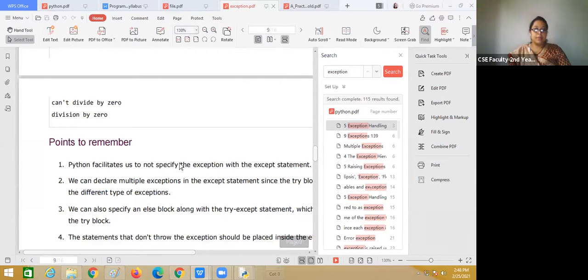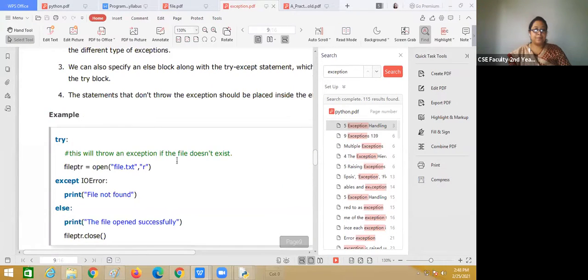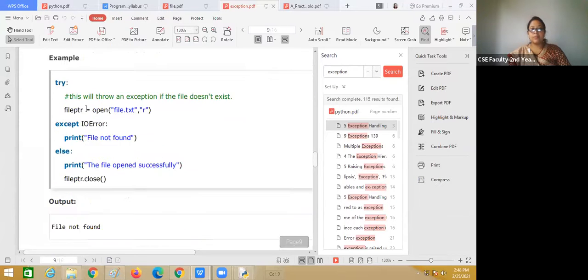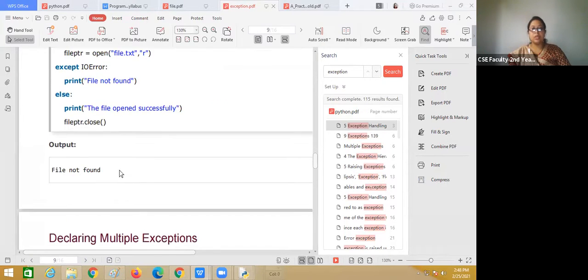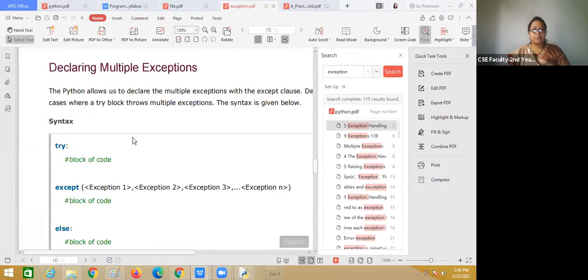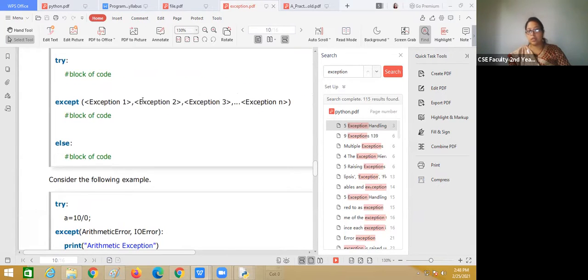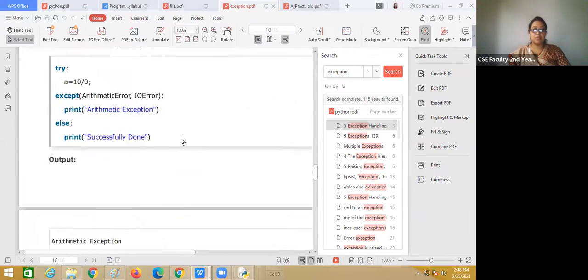And if some text file is there and it is not opening, in that case it will also give an IOError, file not found. You can also use multiple exceptions.